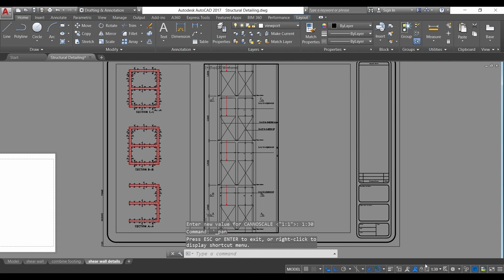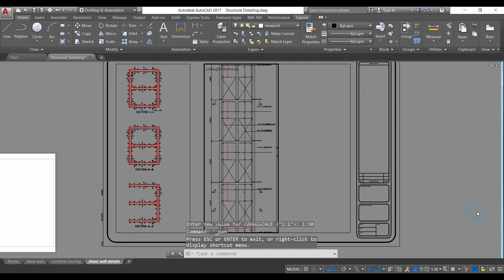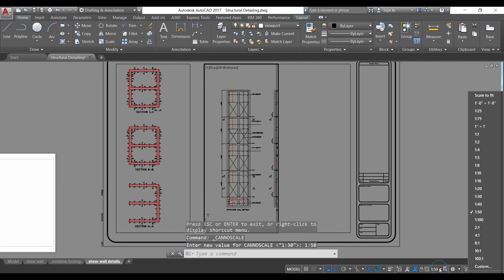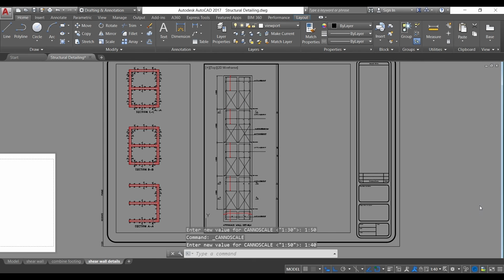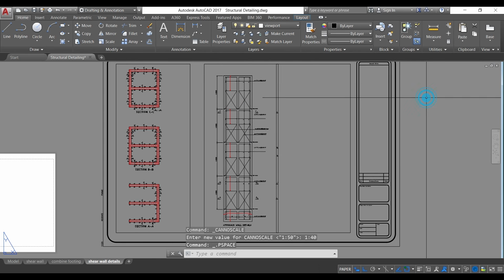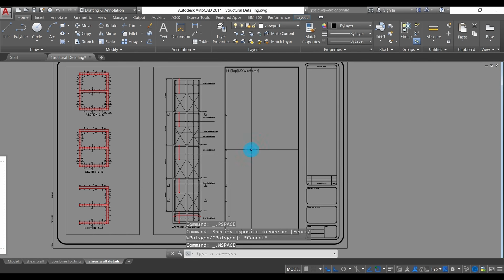So let me use a lower scale, 1 to 50. 1 to 50 seems too small. 1 to 40. Yeah, I think this looks perfect. Then the next one, let me plot here. I'm plotting